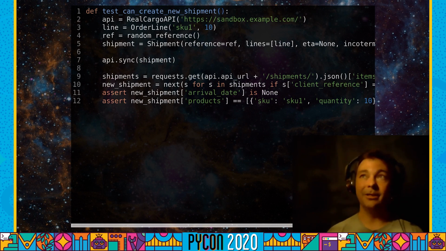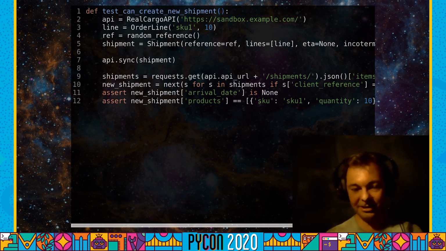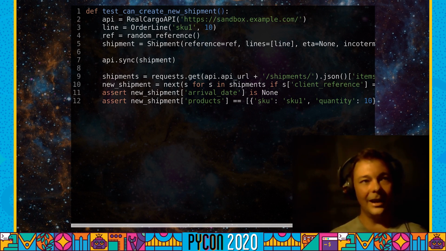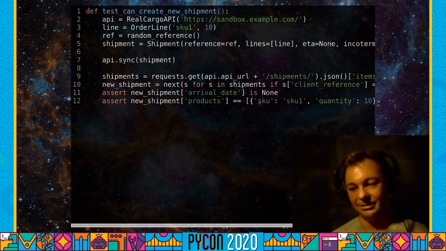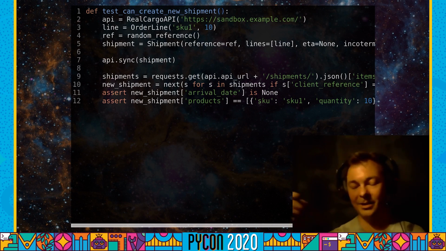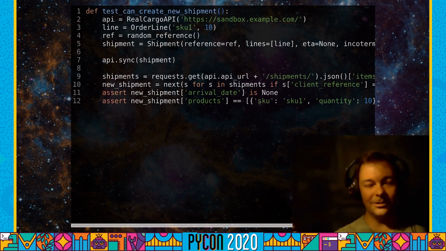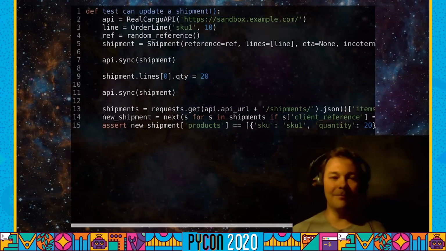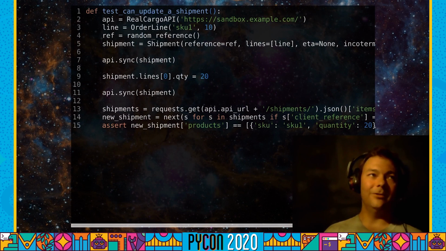And notice also that here's the test for the post request, which is my happy path earlier. And the second test we had in the story where we said, oh, hang on, you need to do a put request if the shipment already exists. And we got into that whole thing about, oh, monkey patch out the UUID module and make sure it looks like there's already one and blah, blah, blah. That test can become much more readable. Where you say, if you can update a shipment, the second request should be a put request.